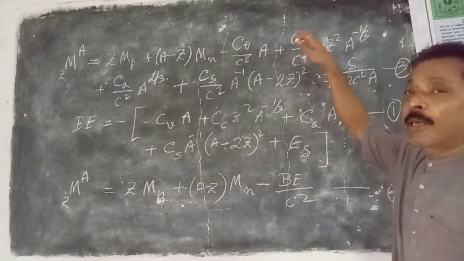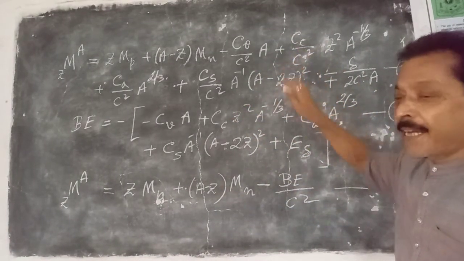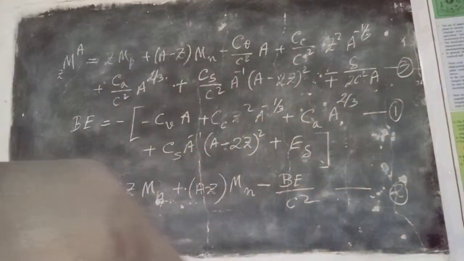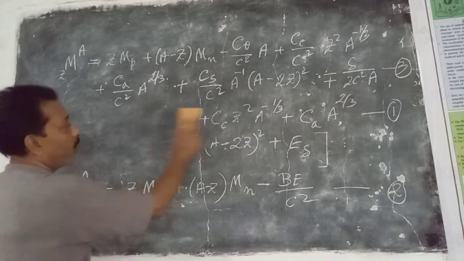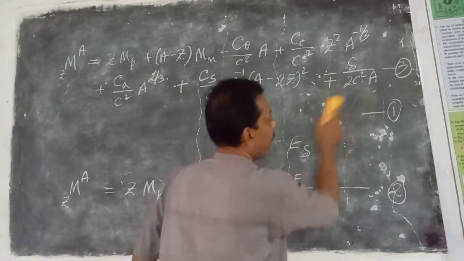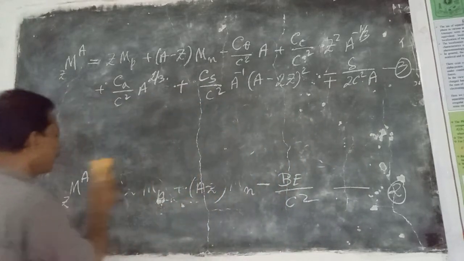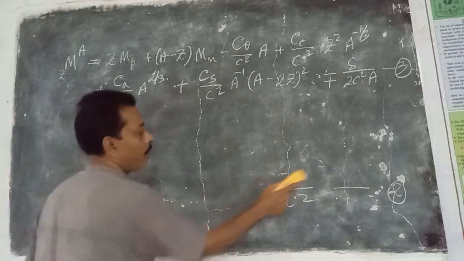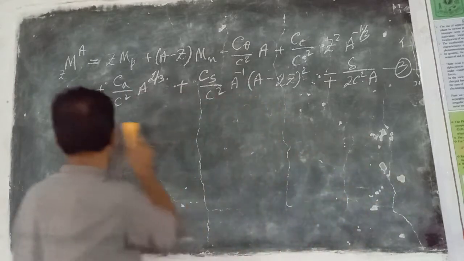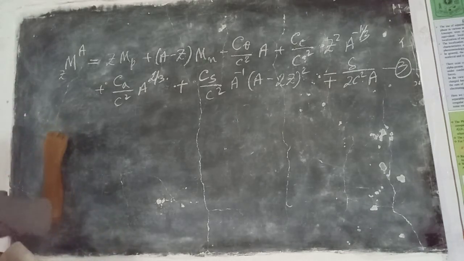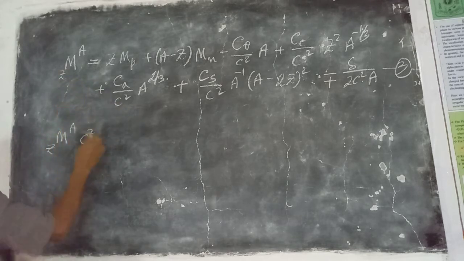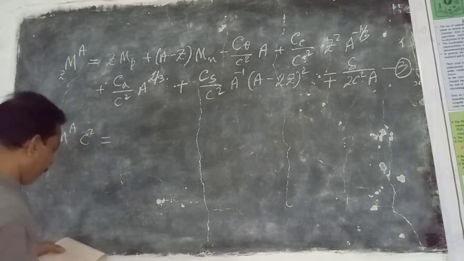After some algebraic manipulation, we rewrite equation 3 by collecting the terms containing A, containing Z and Z square, and the A and Z independent terms. Then one gets the equation as this one,